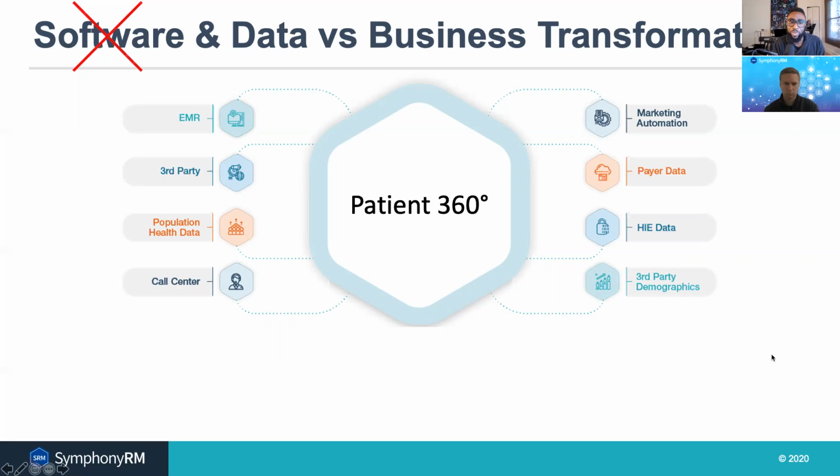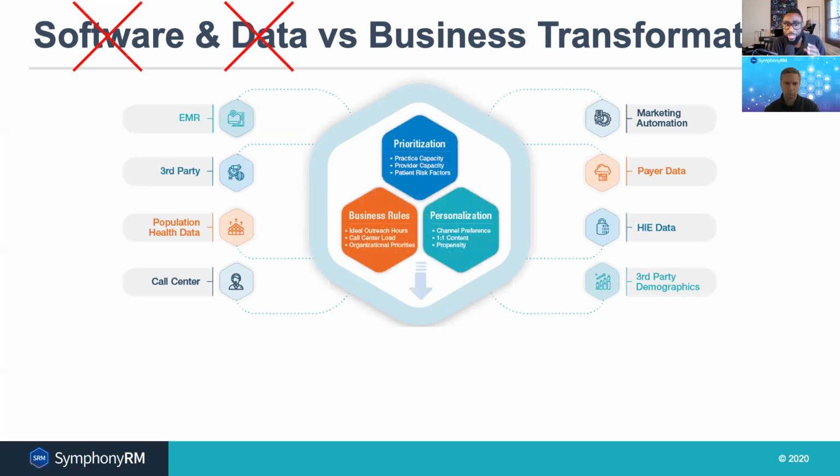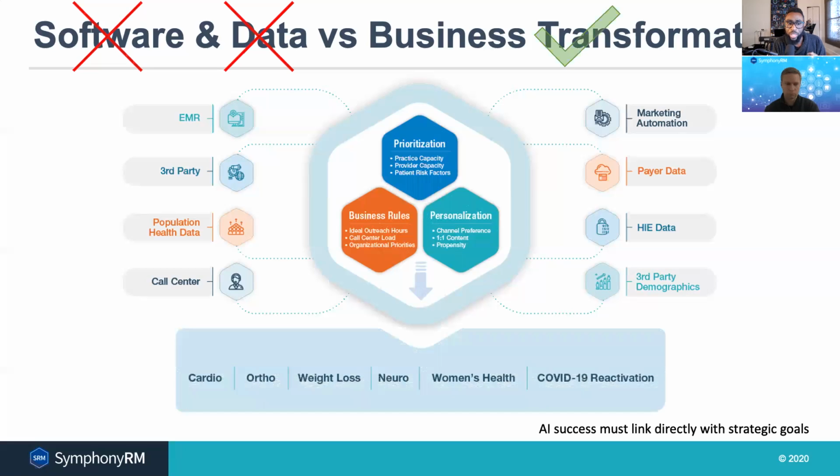Not necessarily, because even though you have all that data in place, there's always the question of what we can do with it. What's the action that we want to take? So data itself isn't enough. But when we start intelligently going through how we can use that data to prioritize and personalize interactions, then we start getting to the business level transformations that we're focused on.